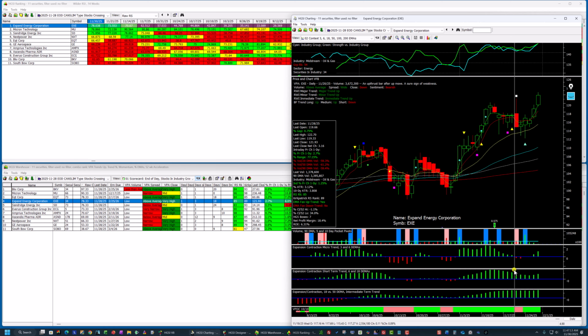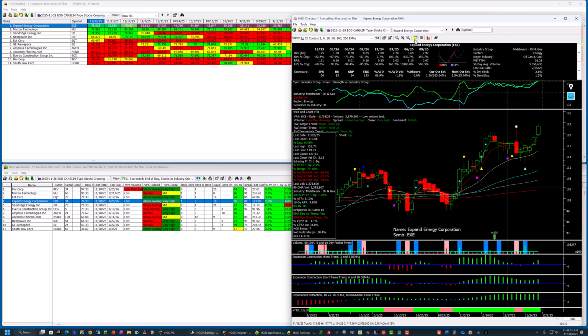You can see it on the histogram down here, and you can also see the actual crossover here. If you look up at this top window, cyan represents the industry group, and green is the strength of this stock compared to the industry group, and you can see that the green is moving up, so it's outperforming its industry group. Now what makes this a CANSLIM type stock is I'm going to open up the fundamentals and notice